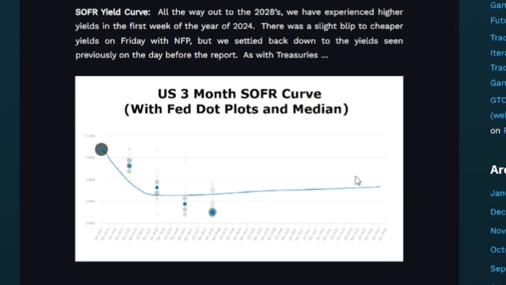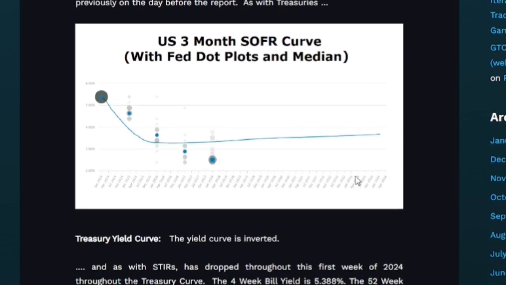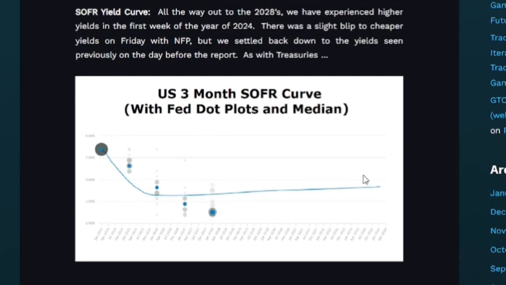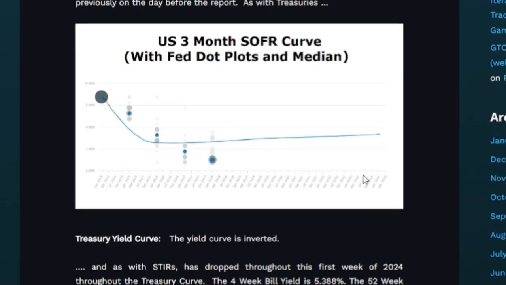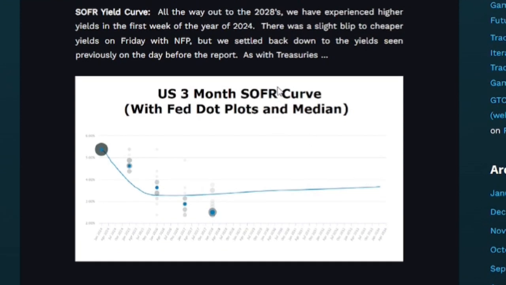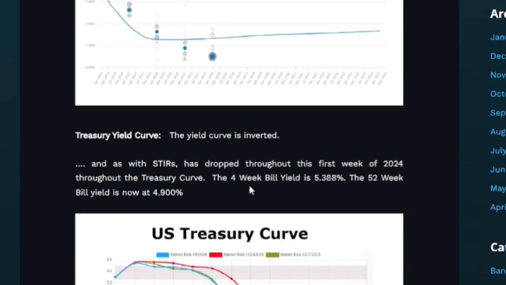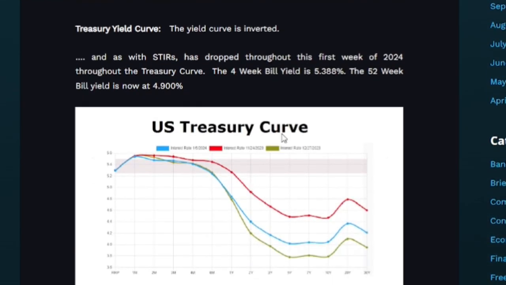I'm not saying that I'm trading those. GTC Traders specifically focuses on equities, okay? For you folks who are new, that's stocks, stock options, that sort of thing. But each week I include in the weekly note, where's the SOFR curve at? What have we seen along the SOFR curve? What have we seen all the way out to the 2028s, as we mentioned this particular week? What are we seeing in 4-week bill yields?